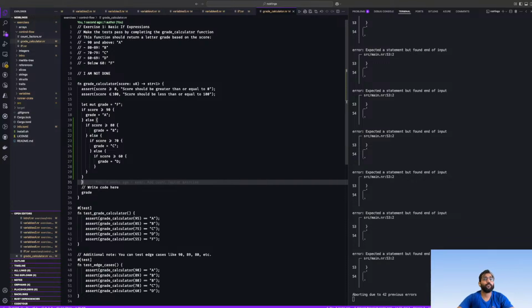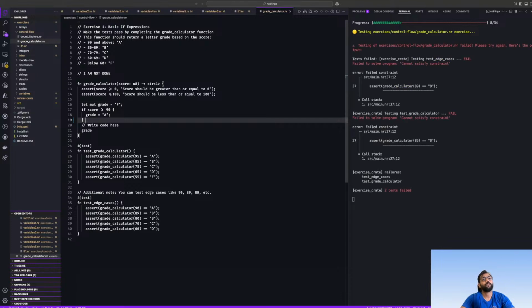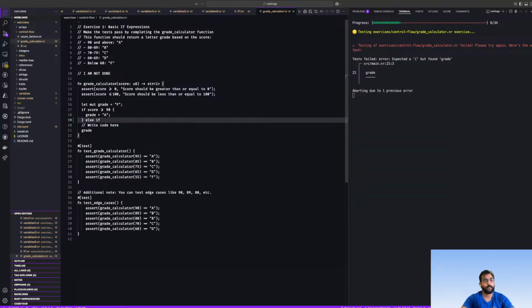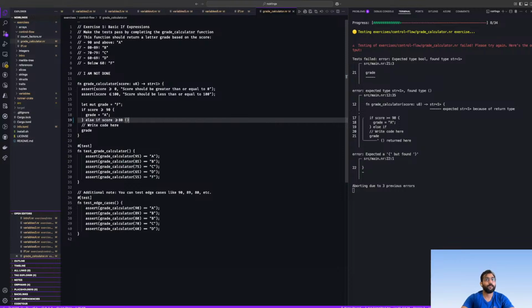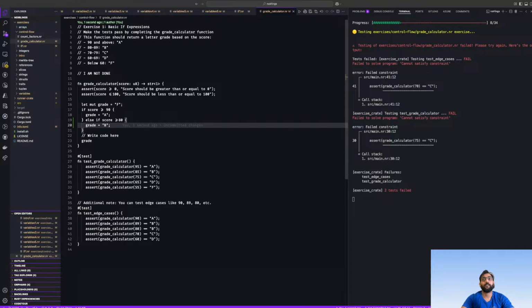Okay, I am going to start from the very beginning. If score is greater than 0, grade equals A. Else if score is greater than or equal to 80, grade equals B. I'm just going to see if the, okay, so that means else if is supported. That means I was missing something different.